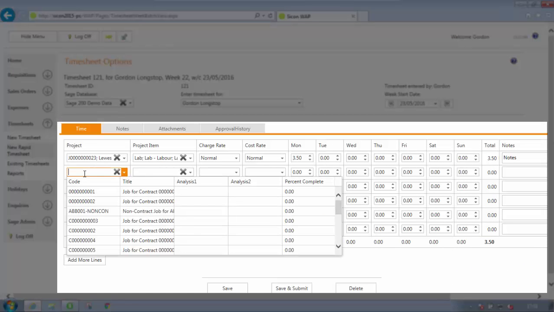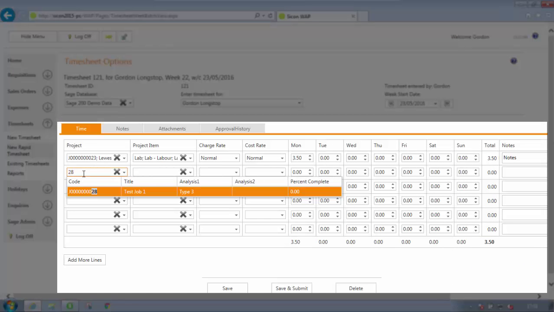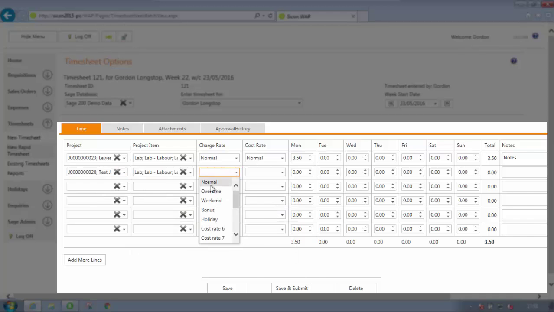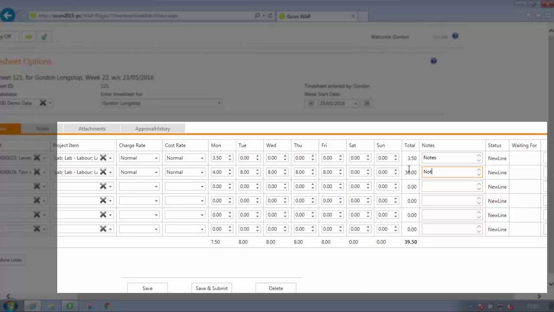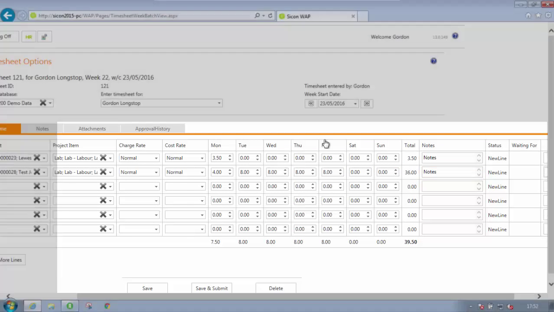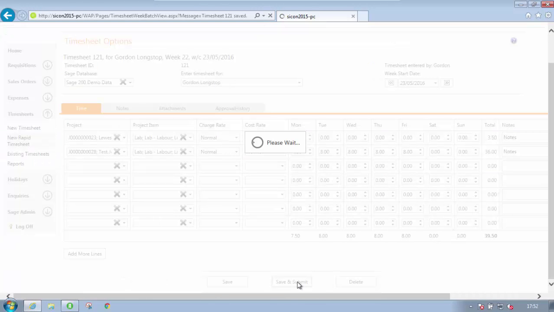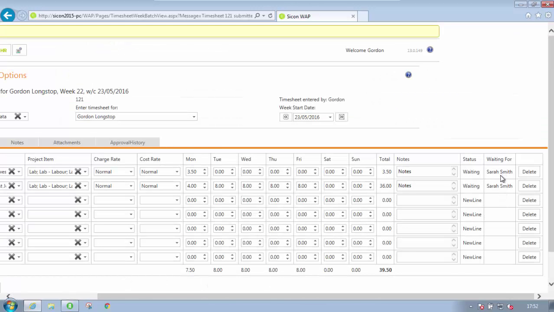In this particular example, I can very quickly select job number 28, the activity that I was doing, the rates, and enter the hours for one or multiple days. So I could add 4 hours on Monday, 8 hours on Tuesday, Wednesday, Thursday and Friday. We can add notes for that particular week and save our timesheet. Sufficient hours added, I can save and submit my timesheet, and this will tell us that these lines are waiting